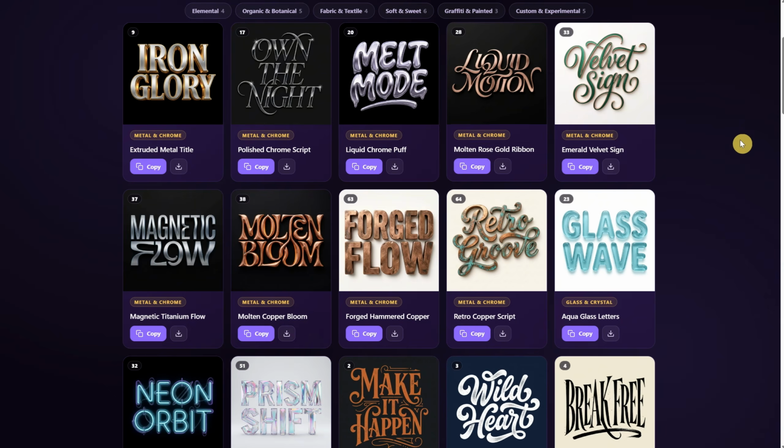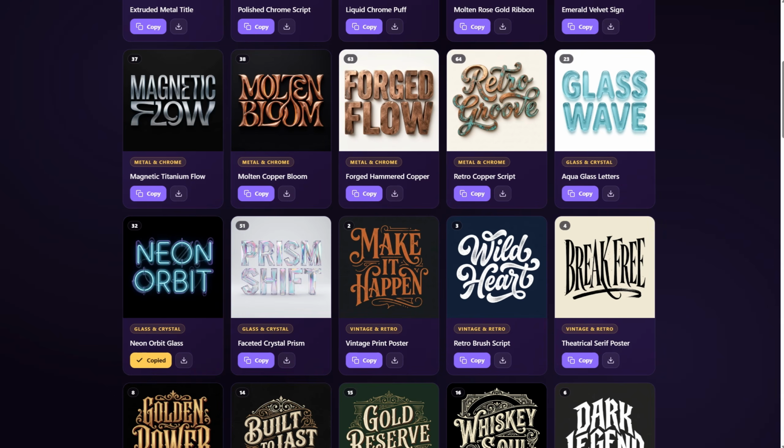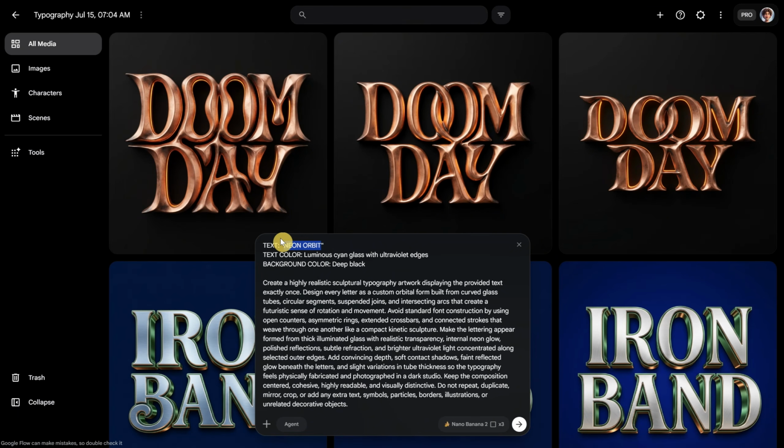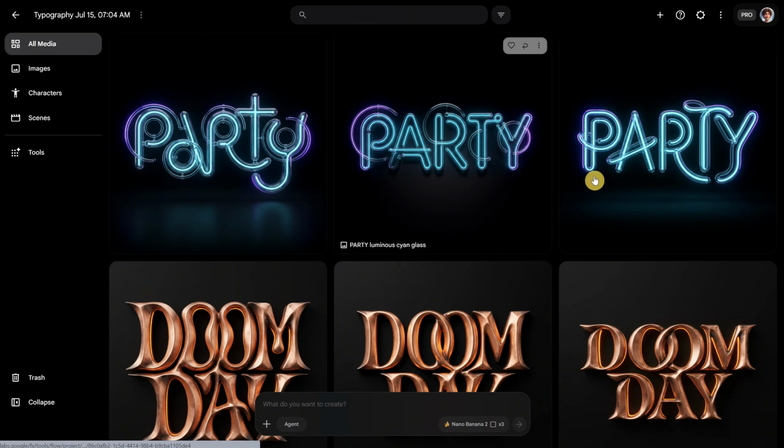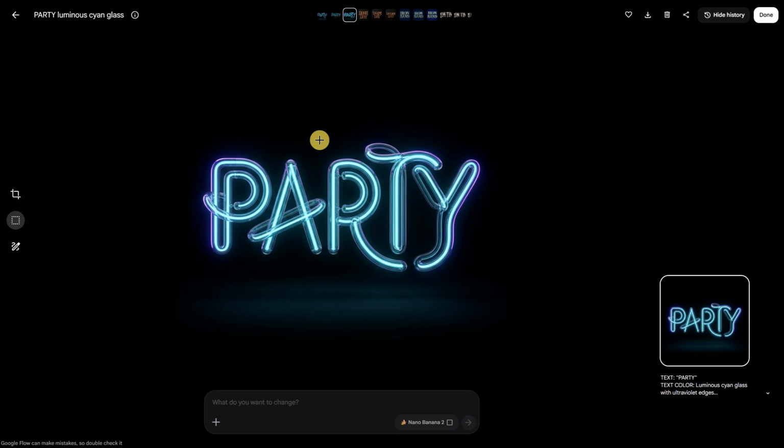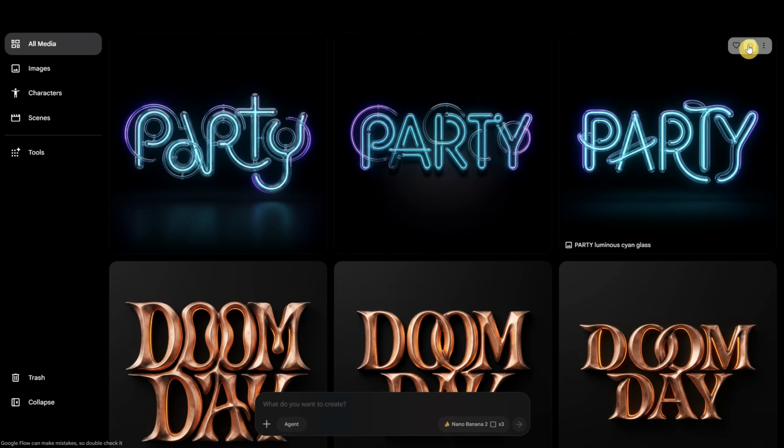For the next style, I will try this futuristic neon style. For the text, maybe I will use the word party. The result is this neon style word. It is quite fun to play with different art styles. I remember when we used to have Photoshop styles and all kinds of mock-ups, and people used to buy these